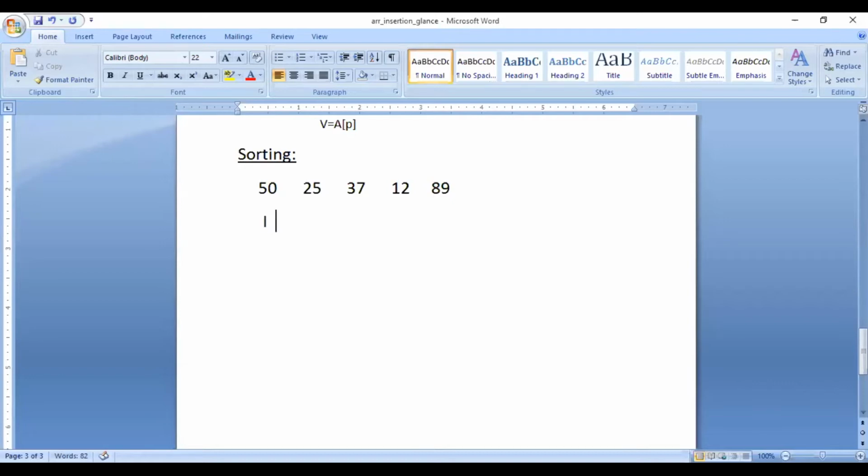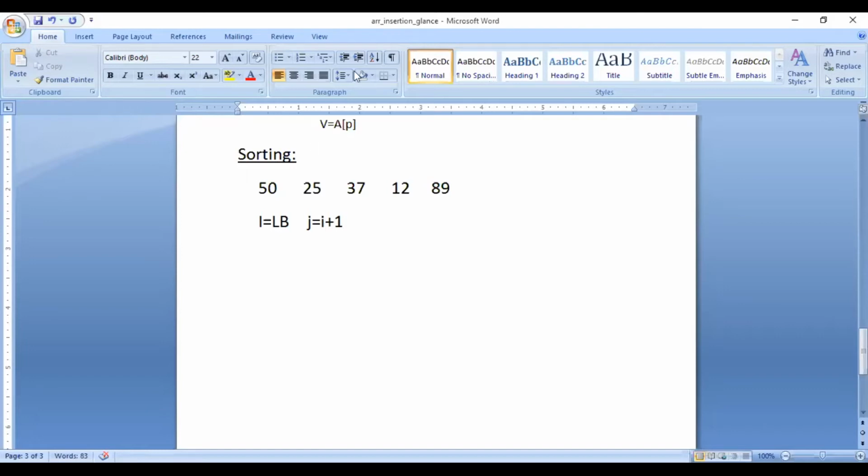So i indicates the first element, so i equals lower bound. Now we will have another variable, j. j will always indicate the second element, next to i. So we can say j equals i plus 1.